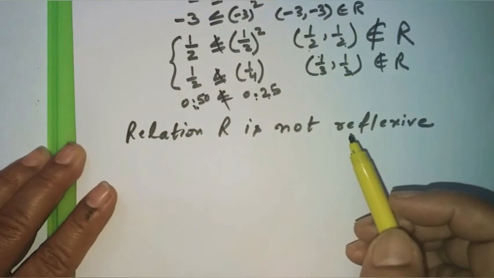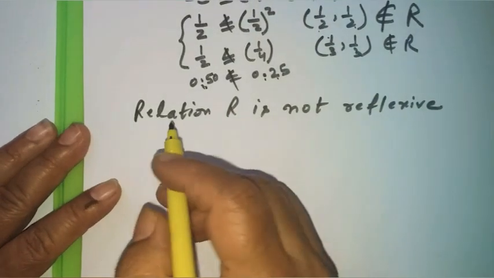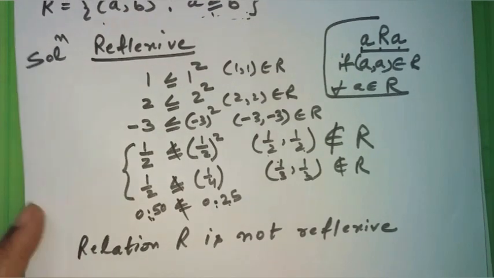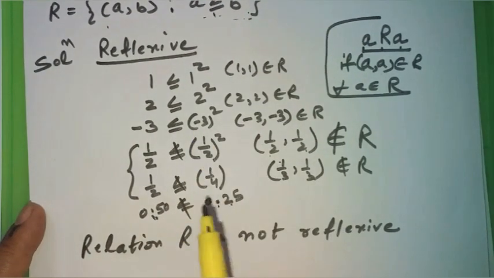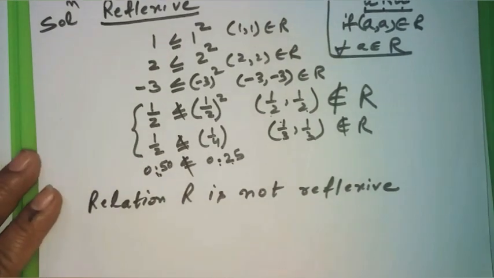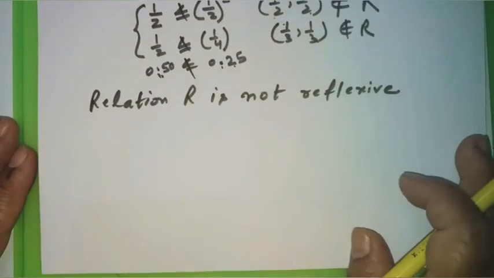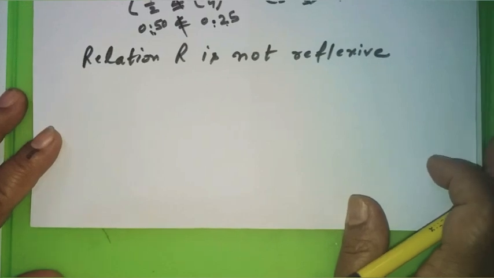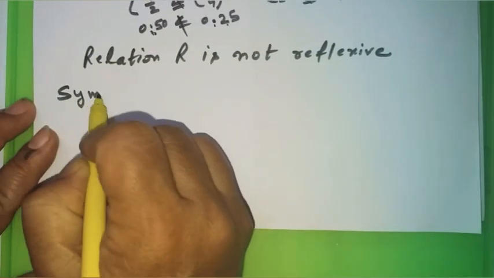So now let us move to the other part, the second part, which is symmetric. If you want to see the whole solution, you can see. So this is not a solution, actually we have given the examples, and it is given to you in the question that you have to prove that the relation is not reflexive, not symmetric, not transitive. So when it is already given to you that it is not, then you have to think of the examples. Next thing we have to